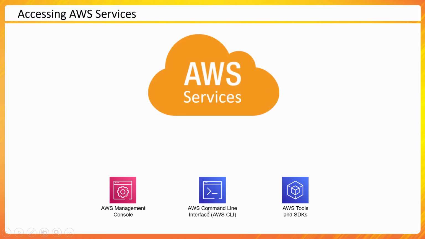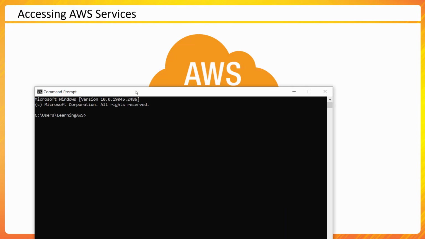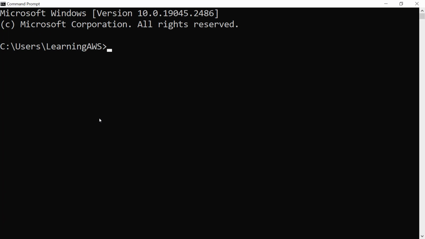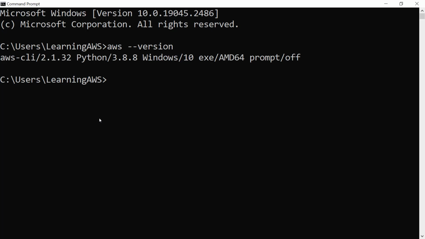Second way for me to get started is a command line. So if I feel that I have to do a lot of repeated tasks and I don't want to do that from graphical interface every time, I could write script or run some command on my command line. For that, you would need AWS CLI installed, and here I have already installed AWS CLI, a standard package available for Windows, Linux, and Mac operating system. Download from AWS website, install it, and once it is installed, you should be able to fire up command to AWS. So here I am checking which version of AWS CLI I am running.